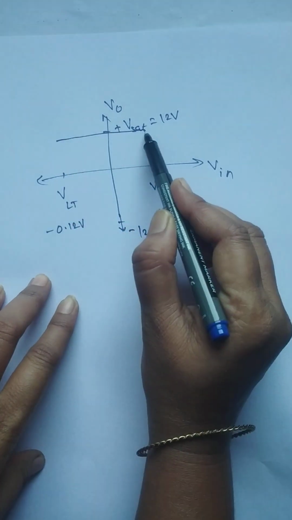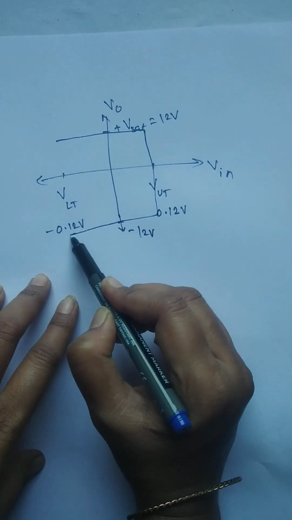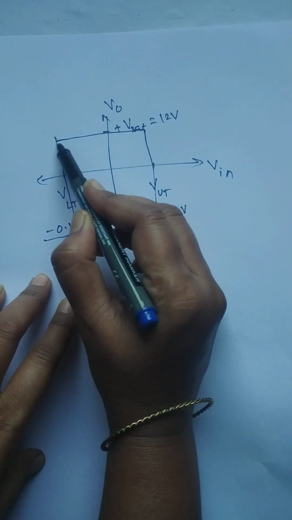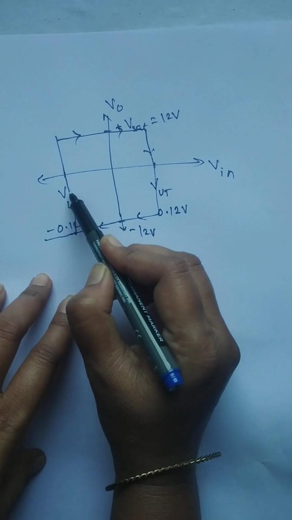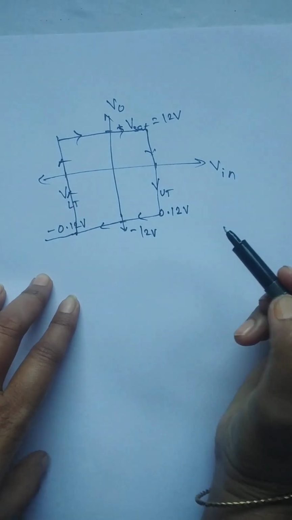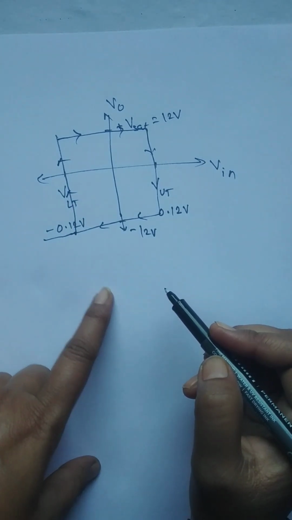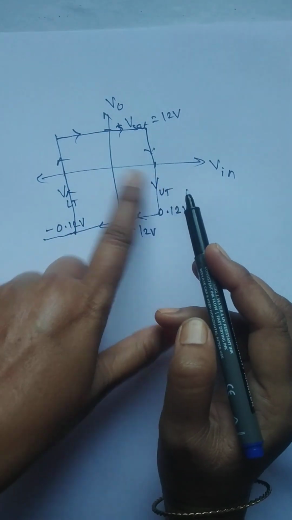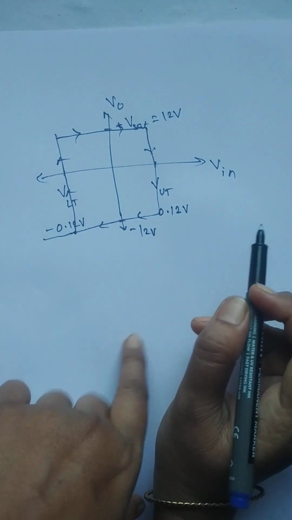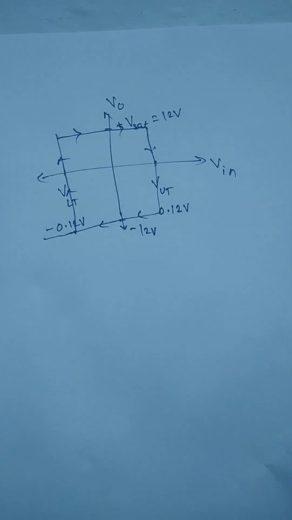Just draw it. You already know the shape of it. Again, it is very much necessary to mention proper arrows. So if you are asked to draw the hysteresis loop, proper arrows and all the values of these 4 points need to be written in your example. Okay, so let us move towards the next example.